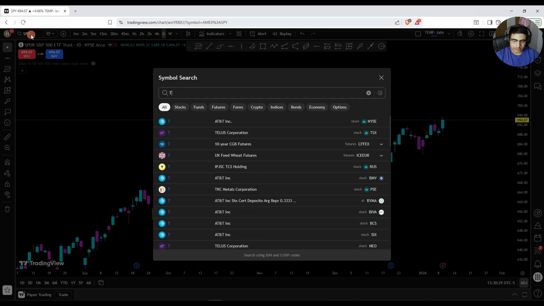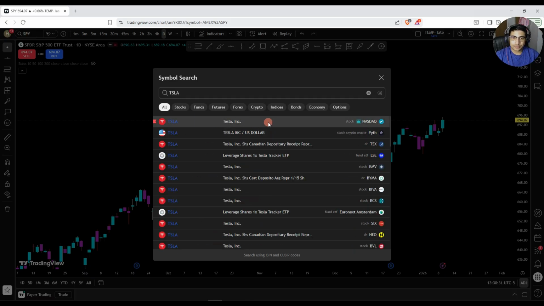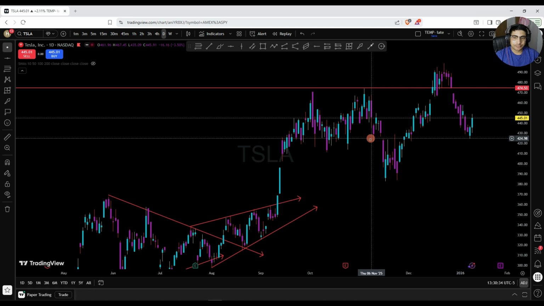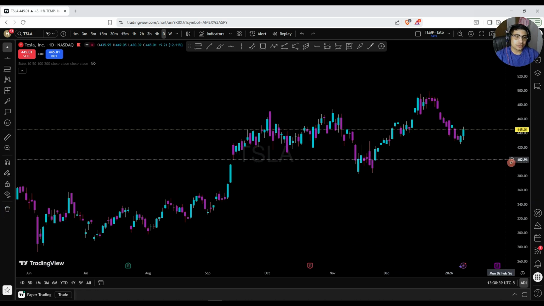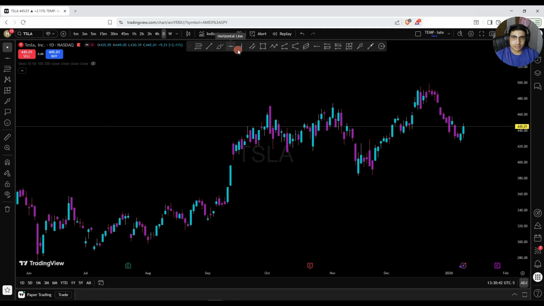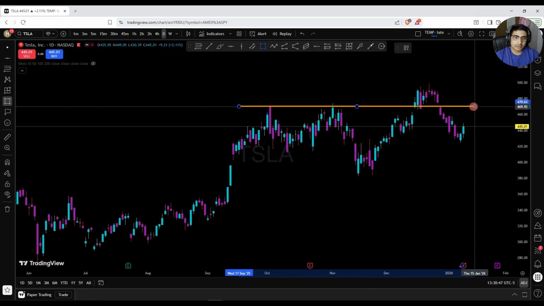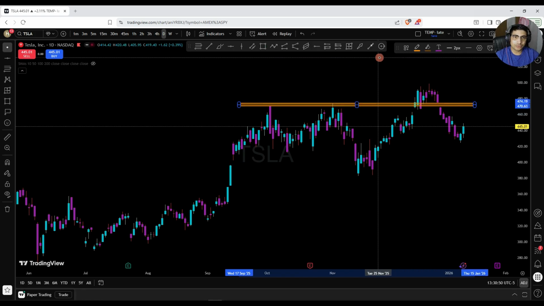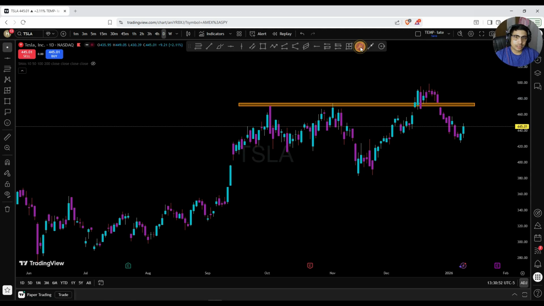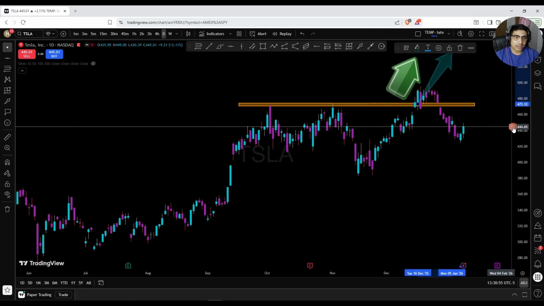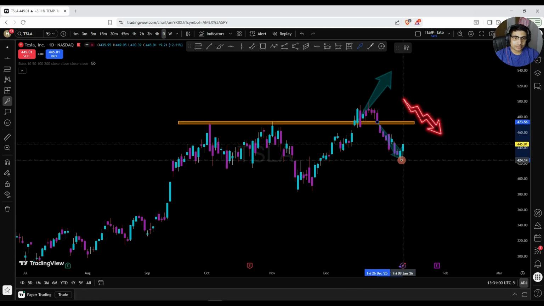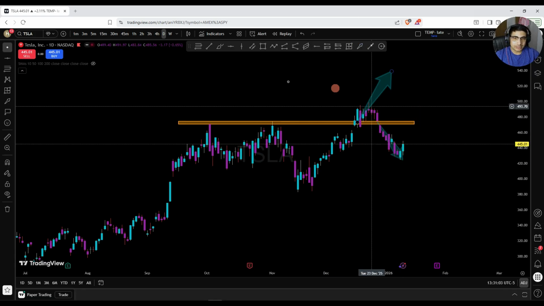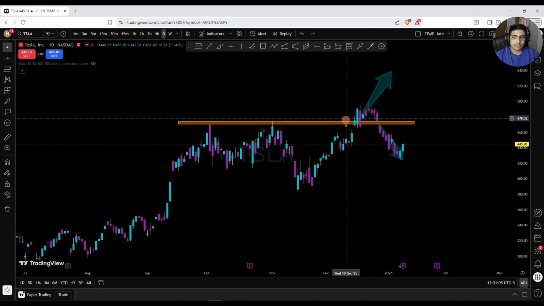I'm going to open Tesla, which is a very trade friendly ticker. I do have a couple of lines here, so let's just clear up this chart. In this one also the same thing happened. I'm on the daily chart, and everyone felt like, okay, there is a very long-term resistance in this region of 473, 474. When it broke up here, everyone felt like, okay, it's breaking up, it's going to go higher and higher. But in reality that did not happen, and it just came down to the bottom, right? So this is also another common failure in the breakout situation.